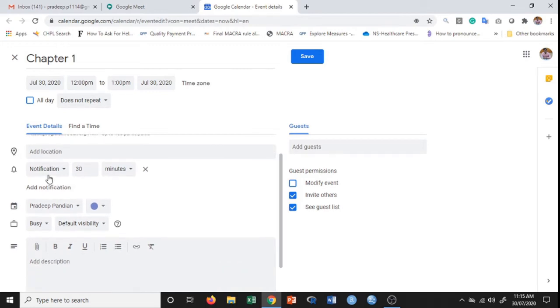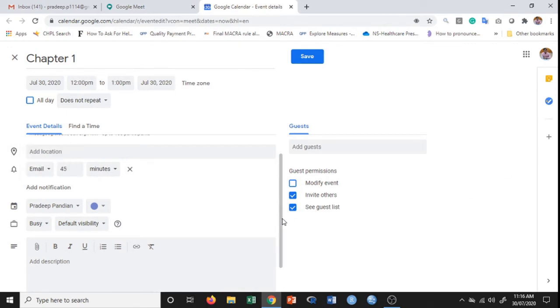And you have an option to notify your students as well, 30 minutes prior to the session or 1 hour prior to the session. You can actually edit it. Since I want to notify my students 45 minutes prior to my class, I type 45 minutes. And there are two options through which you can notify. One is through a Google Meet notification, or through sending an email. Usually I prefer sending an email notification to my students.